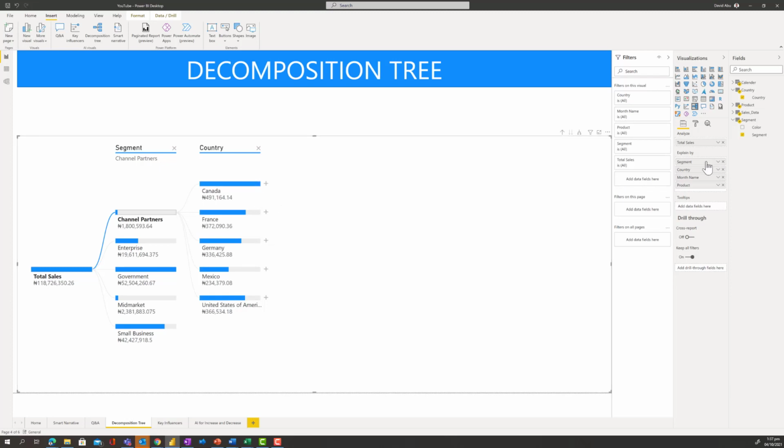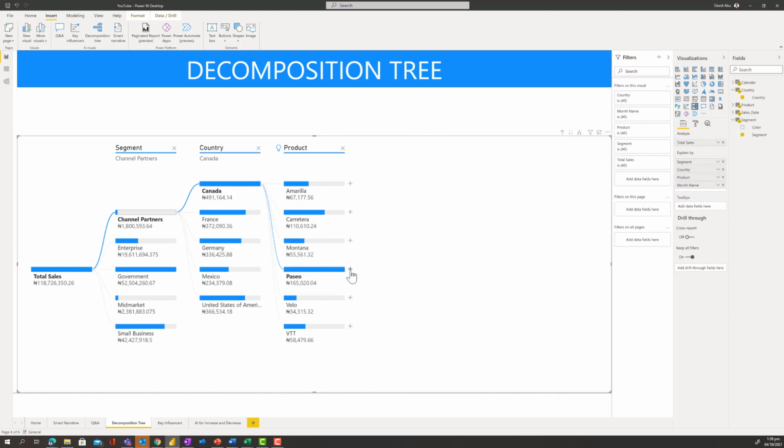So now immediately we click country, notice country came up here. If I click on enterprise, so you understand what enterprise is here. If I click on government, you can see the different things here now in government. So right now we have this. If I click on Canada, I want to see what makes up Canada. What are the high values that make up Canada? If I click the high value, you can see that it's Paseo products that make up